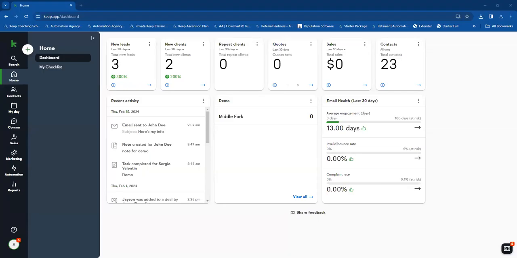Hello, in this video, we are going to go over how to configure your business and user profile in your Keap application. Join us. So when you first log into Keap and you are in your dashboard, where we're going